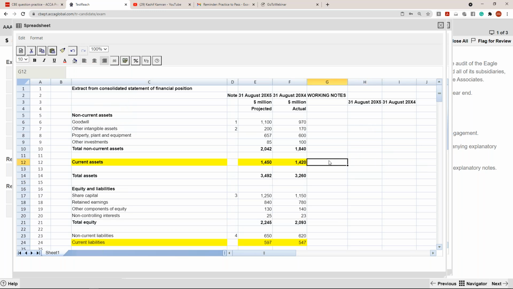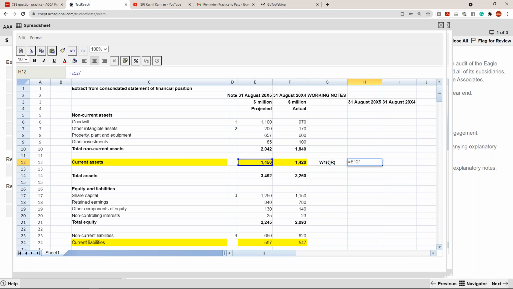I will write over here W1. W1 means working number one. And under the working number one in the bracket, I'll write CR. Working one CR. So if the assessor is checking my paper, he knows that the working one is for the CR. So I'll put working one CR and I'll find the answer is equal to